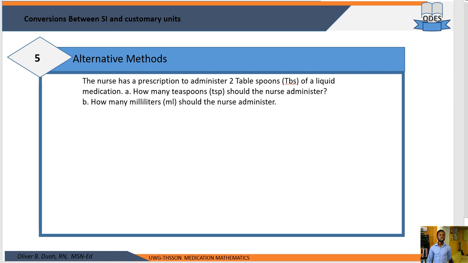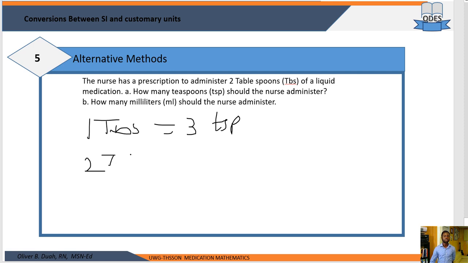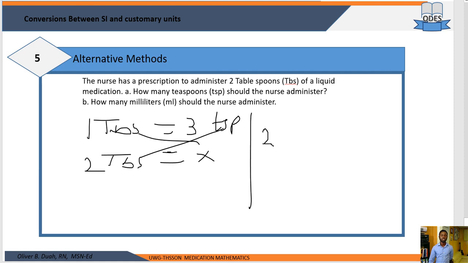So to solve A, we know that 1 tablespoon, TBS, is equal to 3 TSP, which is teaspoon. Okay, so if we have 2 tablespoonfuls, this is equal to X. Let's say we don't know what X is, so we cross multiply, and now we have 2 TBS